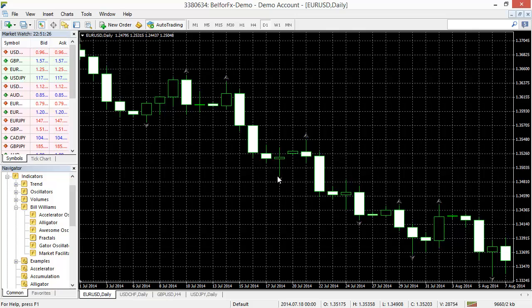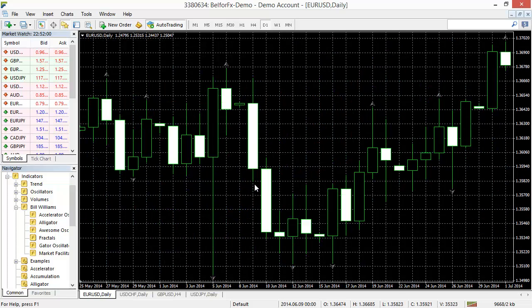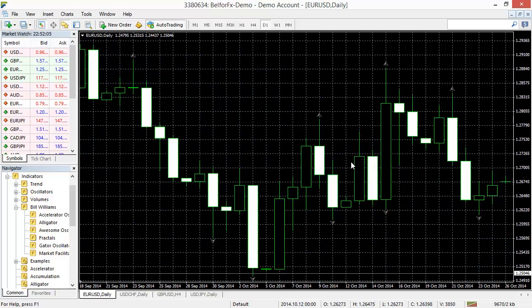In that case, this bar is lower than these 2 bars, and also lower than these 2 bars. What you see here is that a combination of bars can participate in 2 fractals. Actually, we can have an up fractal and a down fractal in one and the same bar, but MetaTrader shows the peak of the fractal, and this peak is